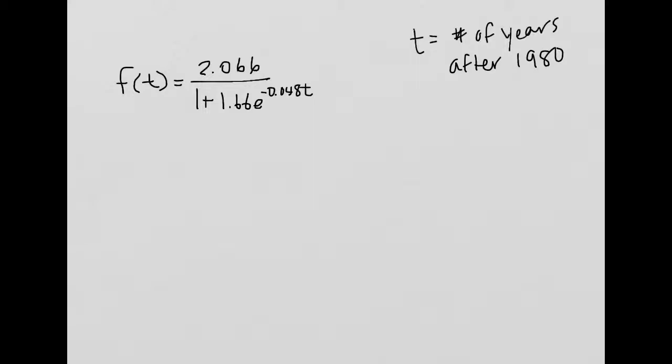But what we want to look for is a couple of things. What is the maximum population? The maximum population is going to be 2.066 million people. And how do I know that? Because